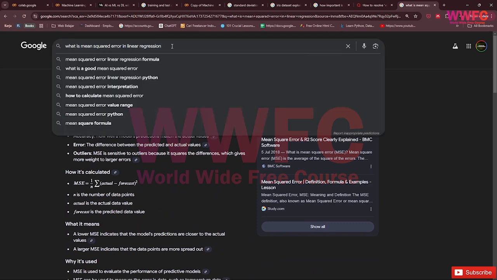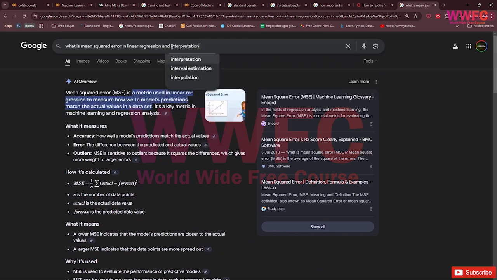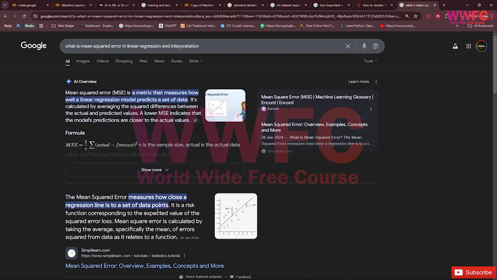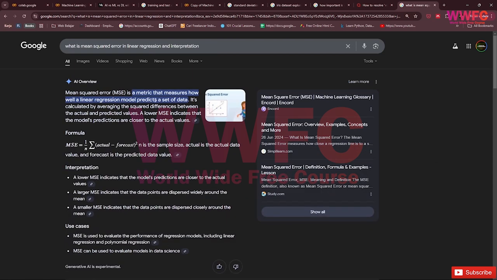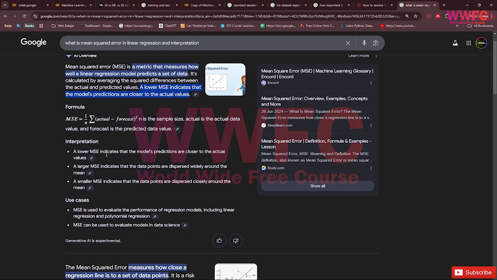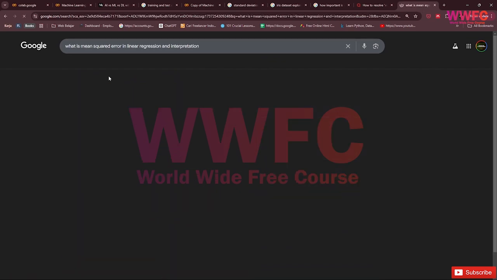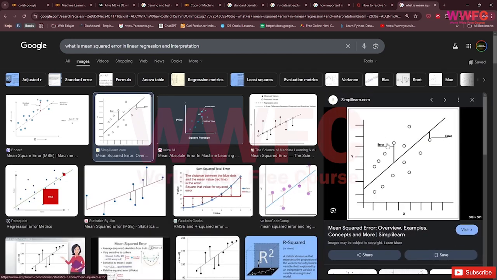So it's about regression and interpretation. It's a metric that measures how well a linear regression model predicts a set of data. A lower MSE indicates that the model's predictions are closer to the actual values.